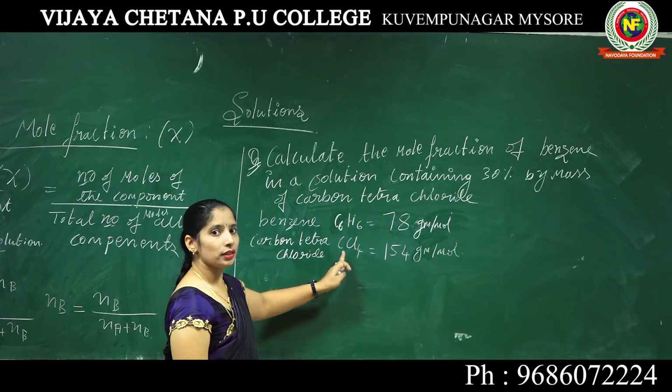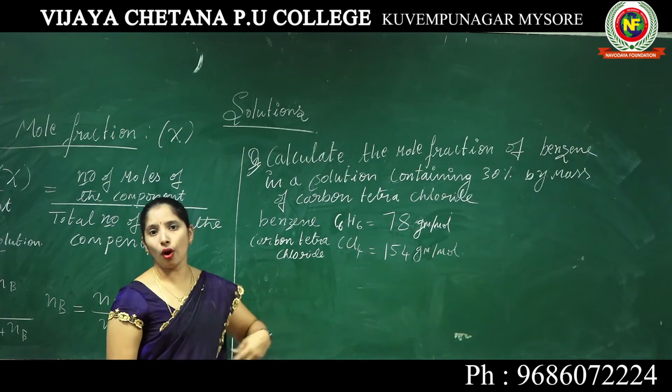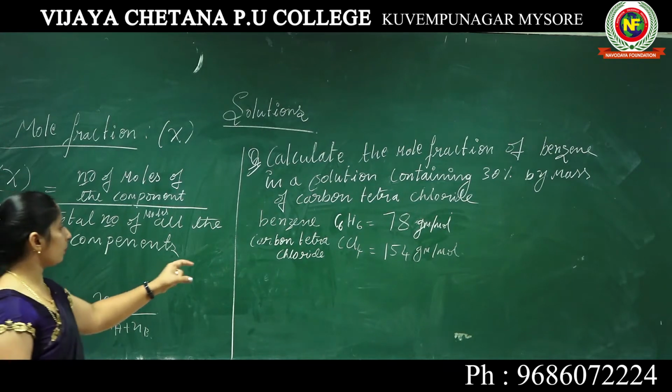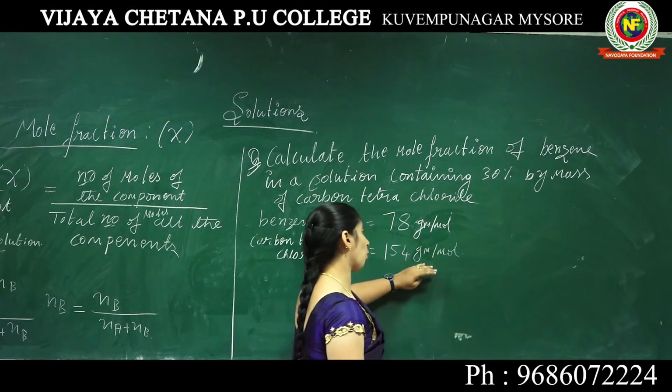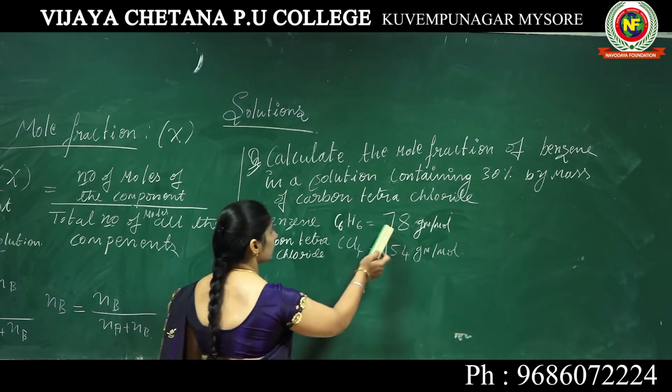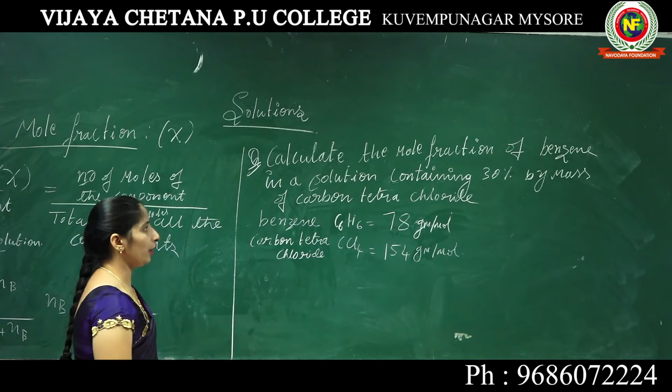I have to write it in the form of what? 35.4, like that. So then you can easily get the gram per mole. Got it? That means the molecular mass. So now we know its molecular mass. Then how to find out its